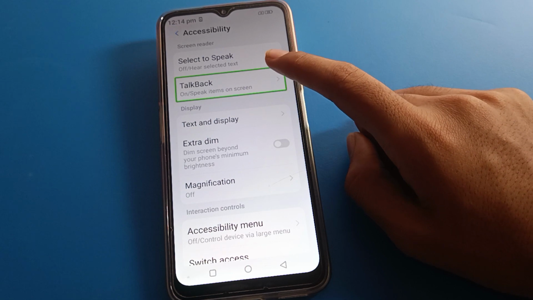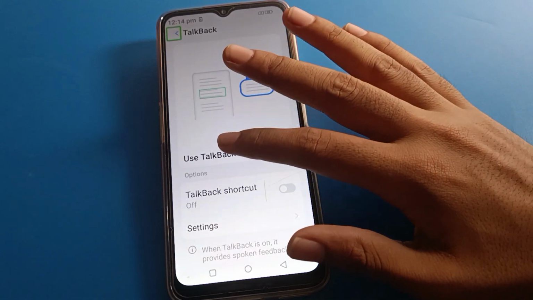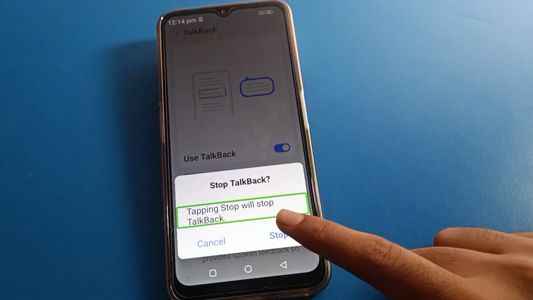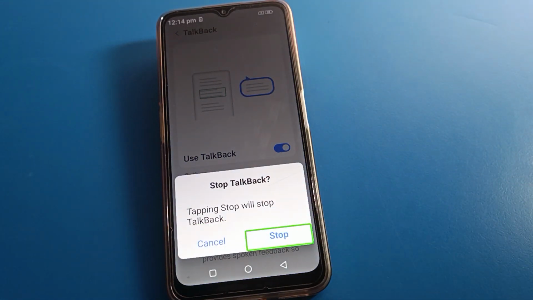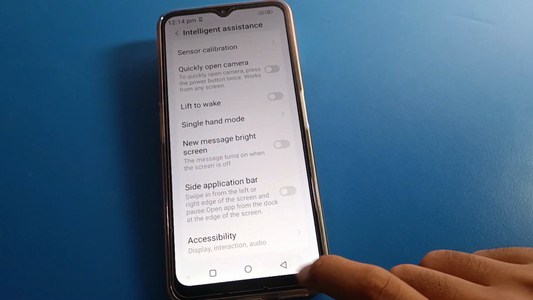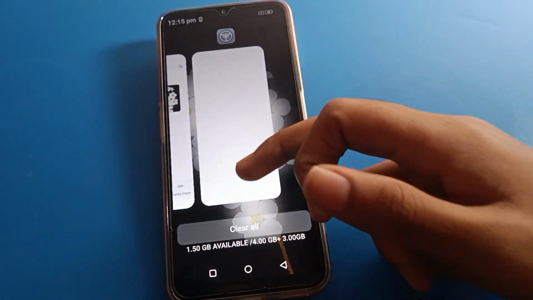TalkBack setting, double tap, and friends TalkBack is enabled, so click here, double tap the stop button, and double tap here, and TalkBack will be disabled in your Lava mobile. When you double tap, when TalkBack is disabled, TalkBack will be off, and now you can use your Lava mobile without